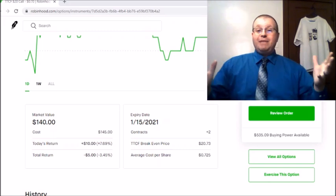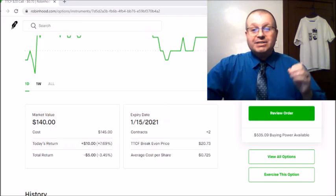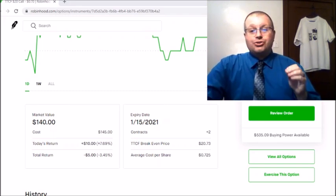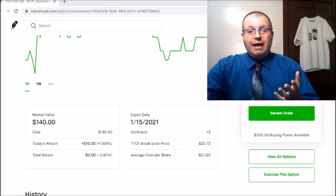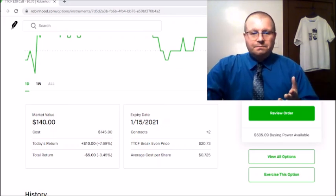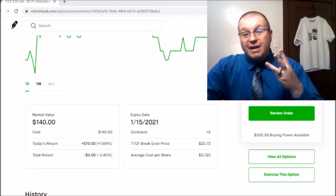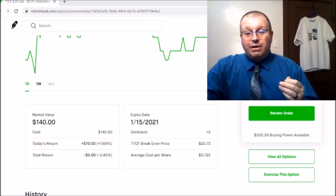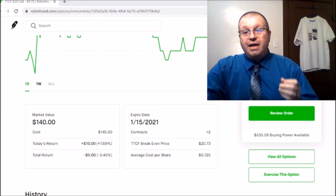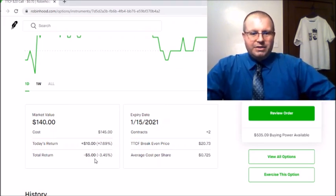It is Black Friday, man. It is Christmas. You know, it's Happy New Year, whatever you want to say. It is time to put your money in either options or shares. I kind of mixed it up between options and shares because I'm only risking right now, my total cost is $165 in Tattooed Chef for 3 contracts, and I'm happy with that, man. I got that small one, and I got these bigger ones here for a January 15th expiration date. So it says my total return right now is I'm down $5,